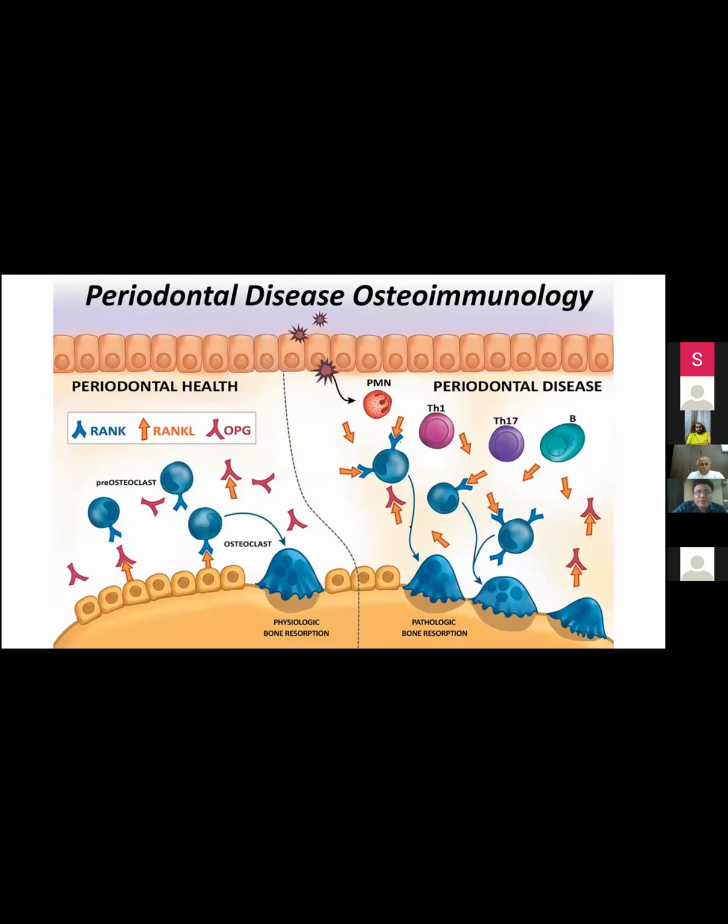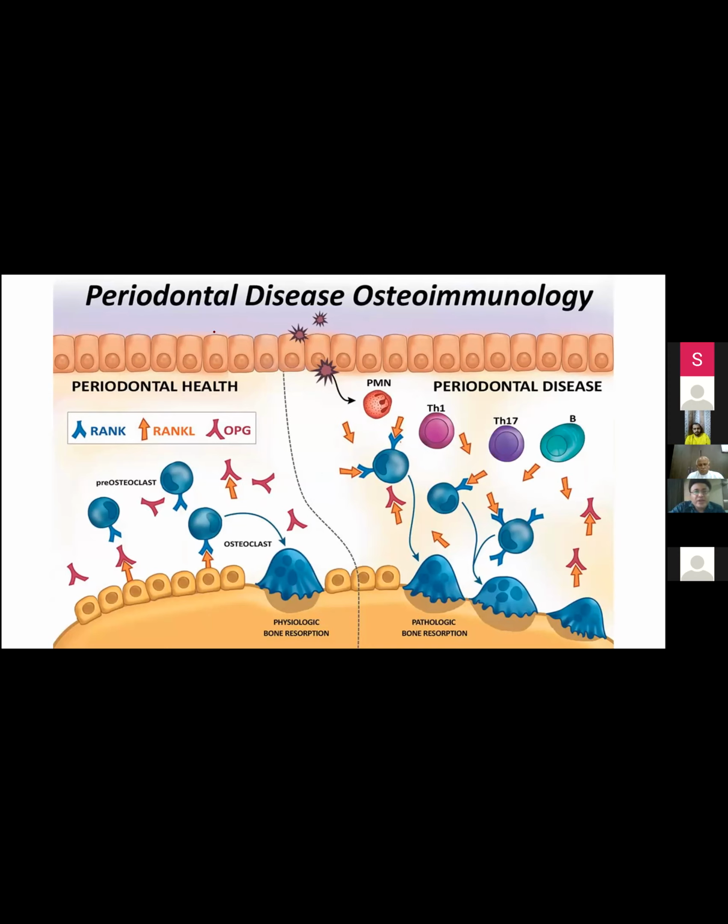So coming to osteoimmunology, how periodontal disease causes destruction, you can see here these are all adaptive immunity responses. Th1 is adaptive immunity. Th17 is adaptive immunity. So this is what is causing osteoclast activation, and that is causing bone resorption. Fine. Now look at this axis. The most important axis of adaptive immunity, Th17 and interleukin 17.